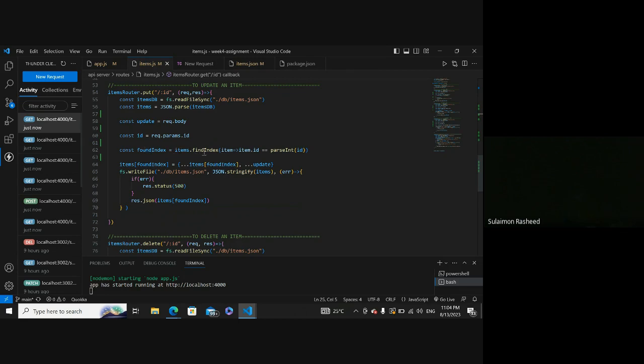So now you find the index of the item whose ID matches the ID that we specify for the item we want to update, and that will be the found index. So it is the index that we have here now. We are interested in the index. Now, what do we want to do with the index? After getting the index of that item that we want to update, we now say items at that particular index should now be equal to